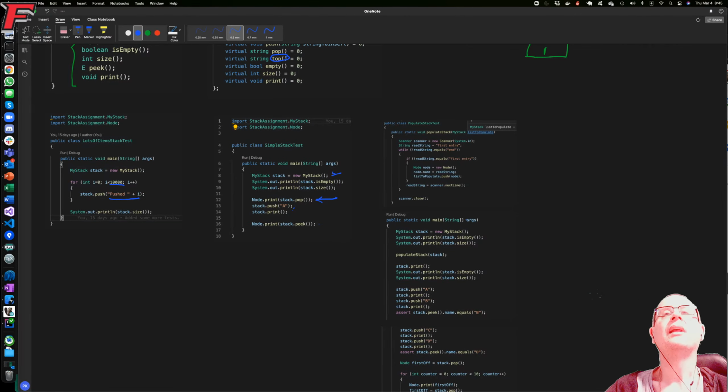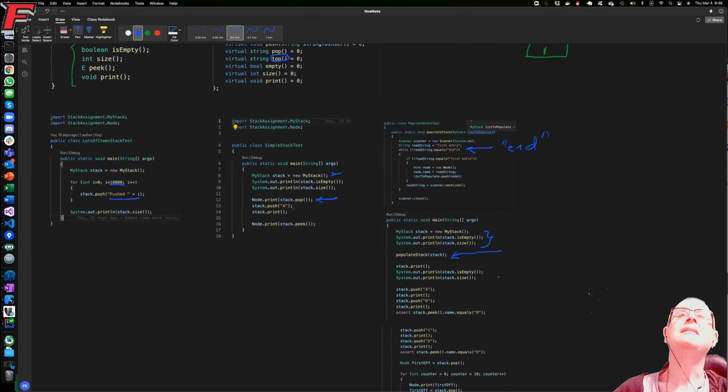And then finally there's a populate stack test, which you can enter any number of things on new lines into the stack until the populate method sees the text entered end. Once it's entered end, then it finishes. Okay, and then it does that at the beginning. First of all, it checks to see the stack is empty and its size is 0, and then it does the populate stack,